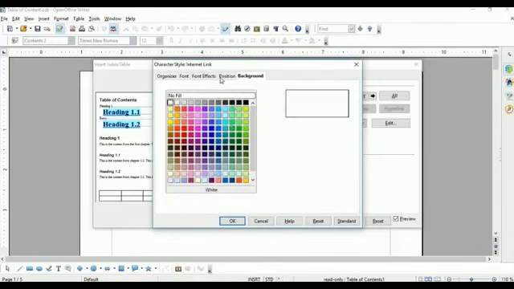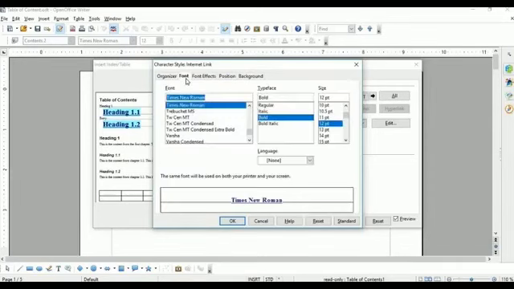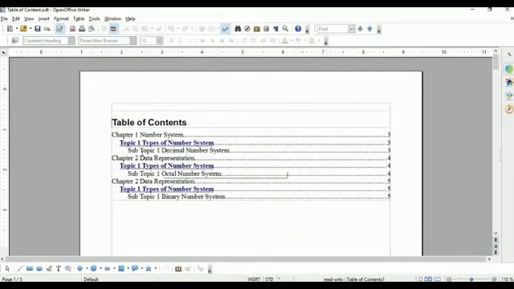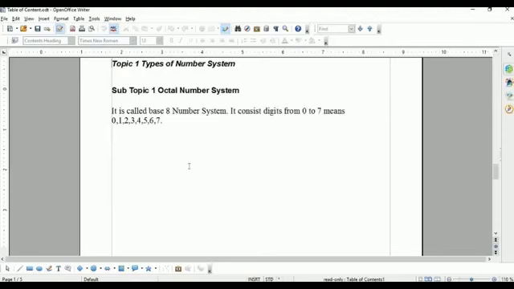Choose the no fill option. If you want to make any other change, you can change it from here, from the character style dialog box. Then click on the OK button. Then click on the OK button again. See this, there is no background and its size is 12. What is written? Once you place your cursor in the second level, CTRL, click to open hyperlink. It means you have to press the CTRL key on the keyboard and click on this hyperlink. You will get your page.